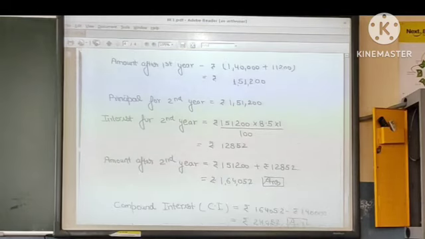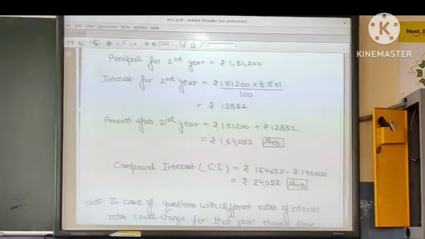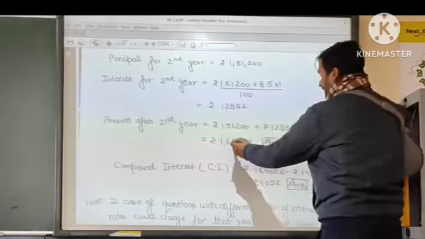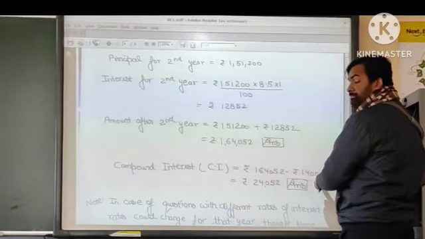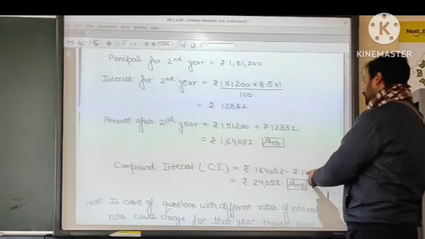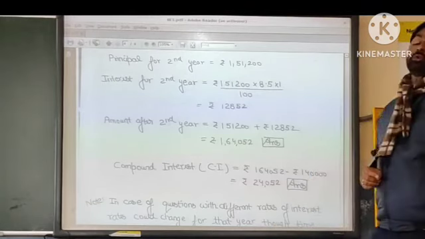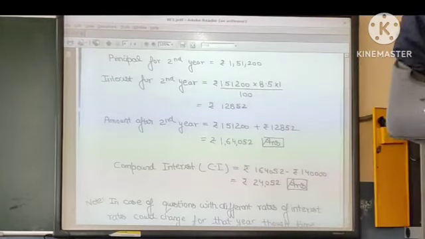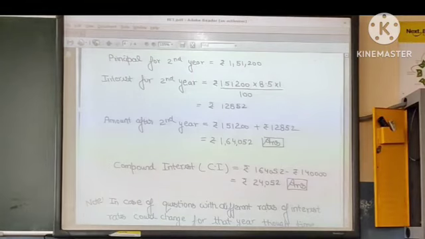Okay. Then what is the compound interest amount here? The final amount is given here, and this is the principal. The principal for the first year is 1,40,000. So 24,052 rupees is the interest on this share. Okay, this is the interest earned for the 2 years, 24,052 rupees. Is the answer matching? Yes. There could be questions where answers are not matching, but don't worry about that.